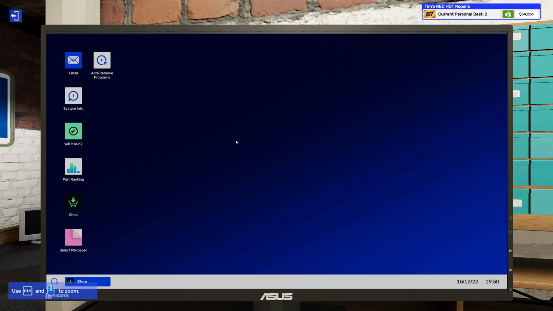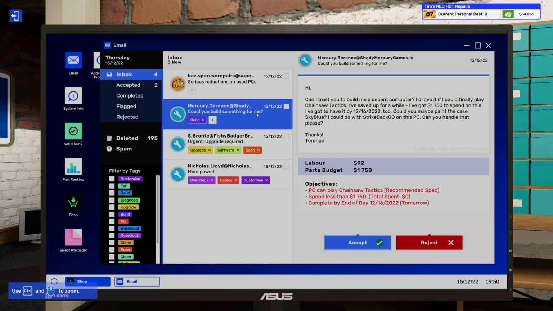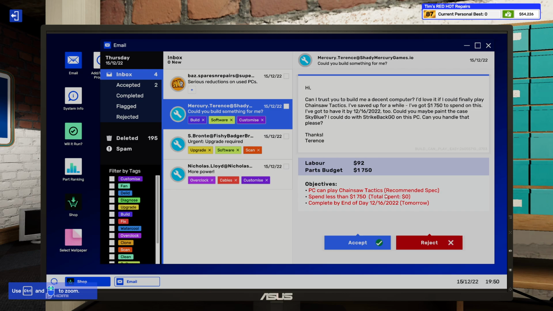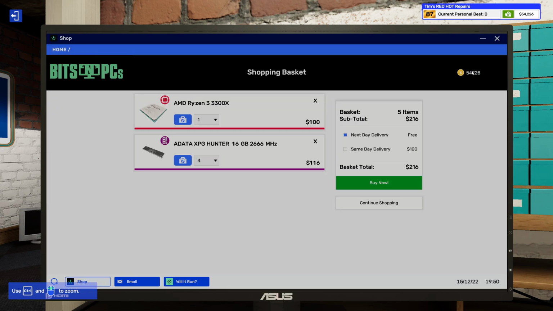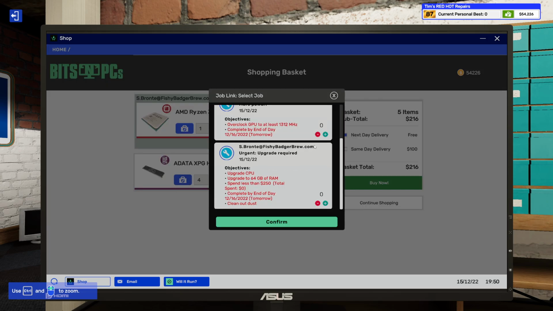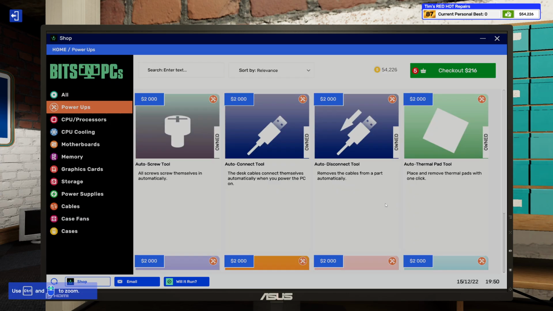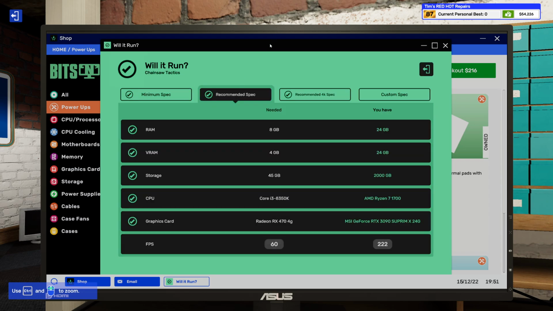Alright, anyways, there was this game that our friend here wanted to play, and we need to make sure he can play it. He also wanted Strike Back Go and some customization. Chainsaw Tactics on recommended specs. Also, let's do this. Yes. Okay, now we can continue shopping. Okay. Chainsaw Tactics, recommended specs. Okay,